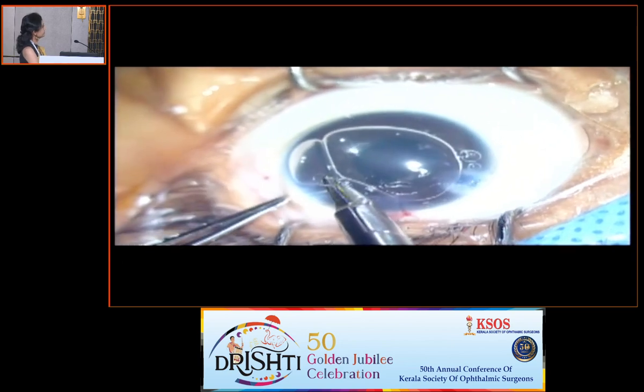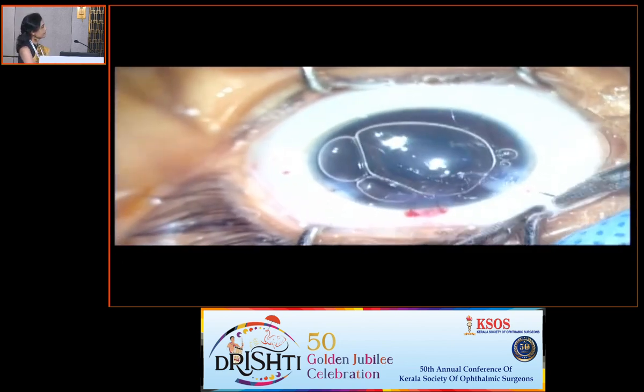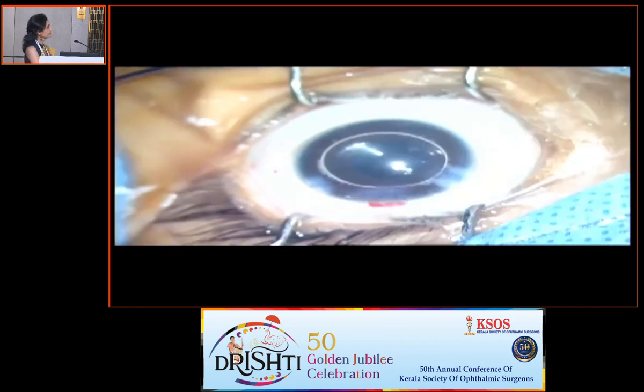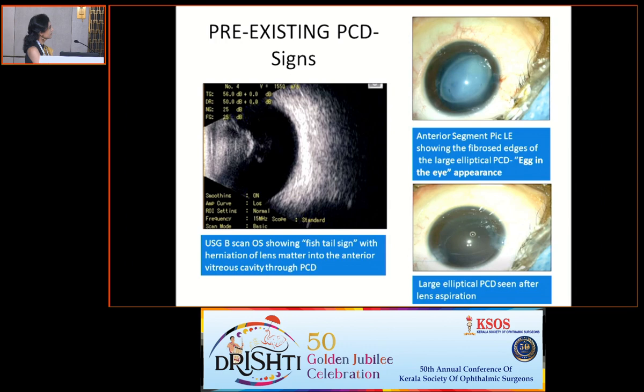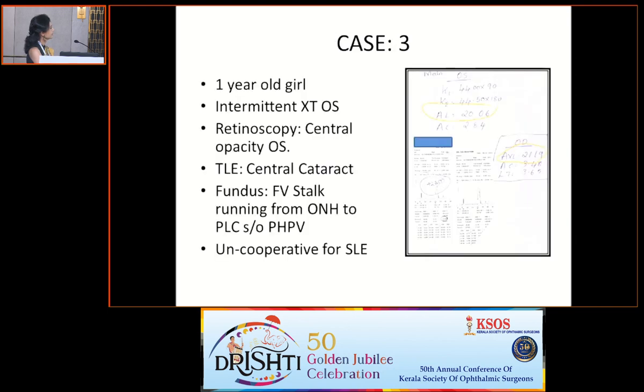Here you can see the eye being sutured with 10-0 polyglactin sutures. So the child did very well, and pre-existing posterior capsular deficiency signs would be a conical protrusion of the posterior capsule with prolapsed lens matter into the anterior vitreous, and here you can see the child maintaining good alignment and a clear visual axis. The third case is that of a 1-year-old child, again with intermittent exotropia of the left